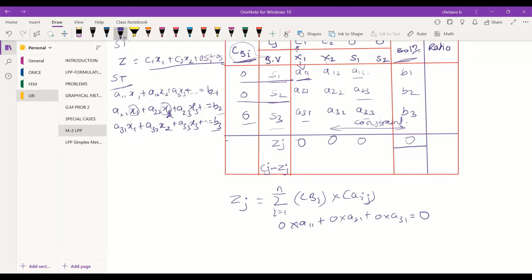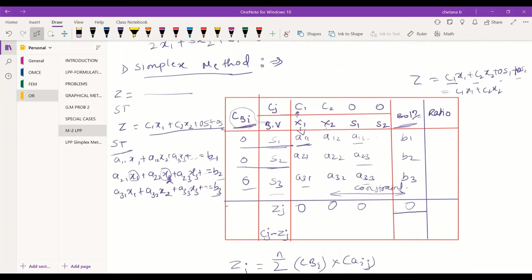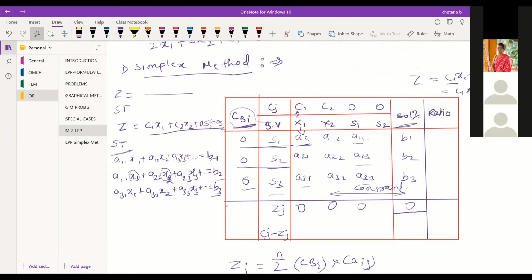So this is nothing but the initial simplex table. That is the table you prepare, and when you try to find out the Zj and Cj minus Zj, this initial table is what we call the initial simplex table.